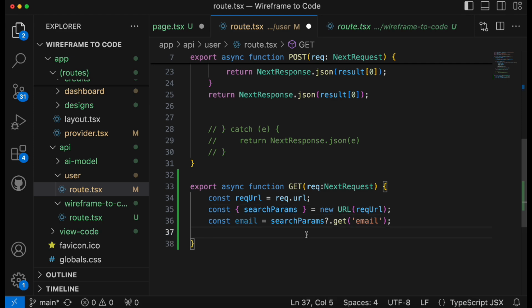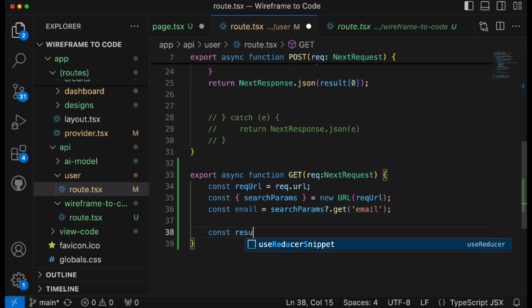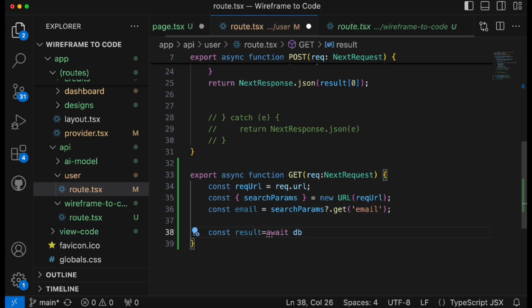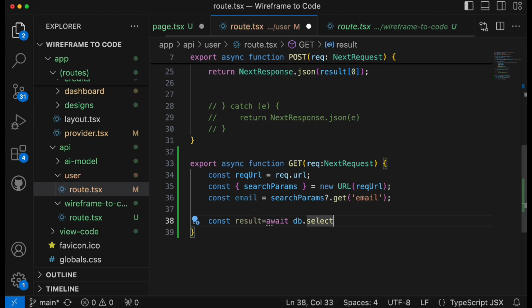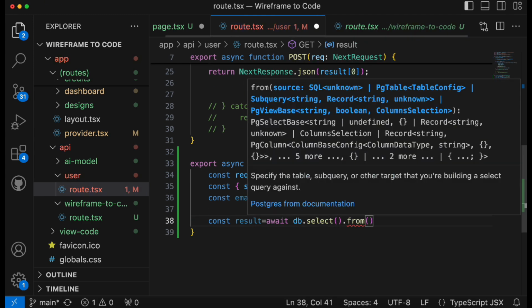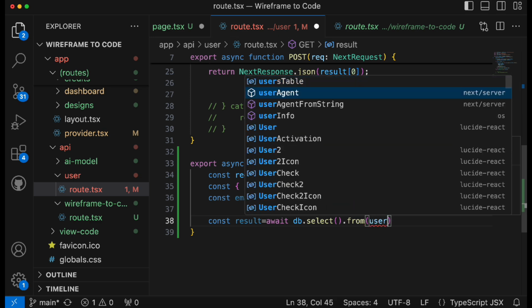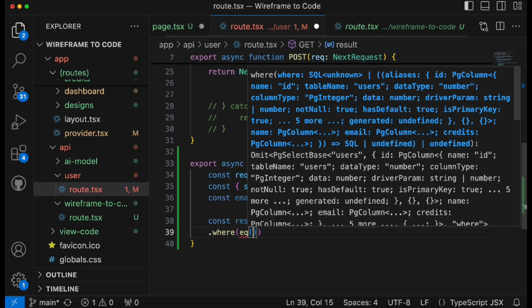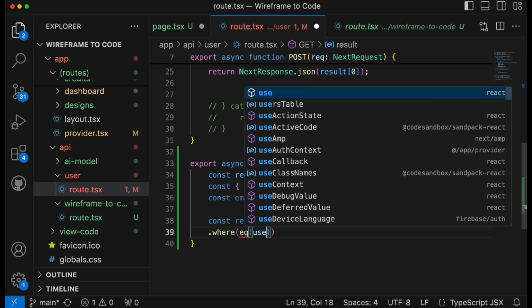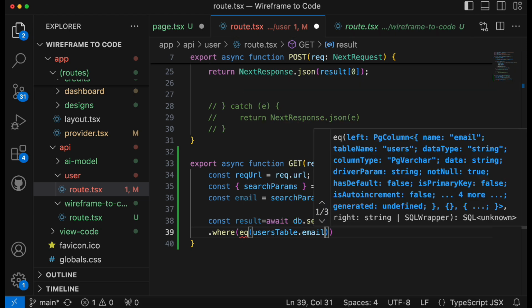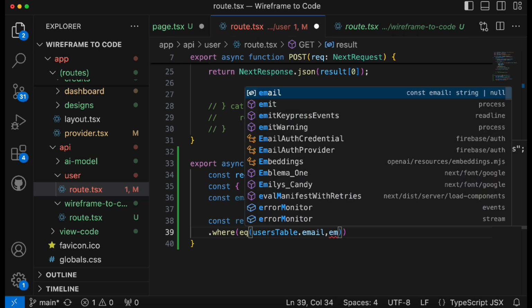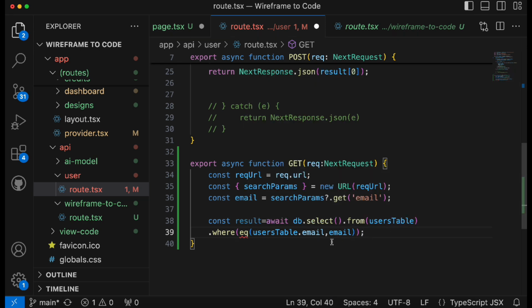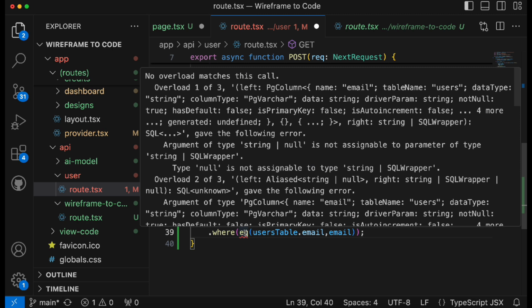So we now have that email, and here we'll say const result is equal to await db.select from, and obviously we need to get the table name, which is the user table, and the where condition. Inside the where we will compare, making sure to import eq, the user table's email with our email. Okay, and we have an error,